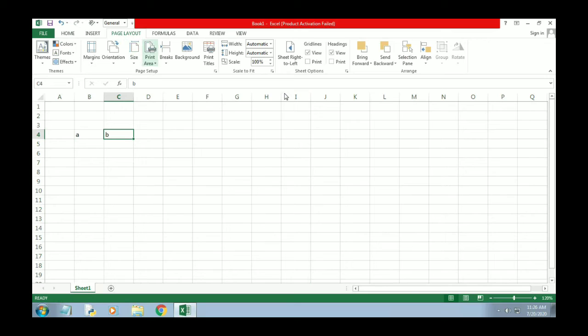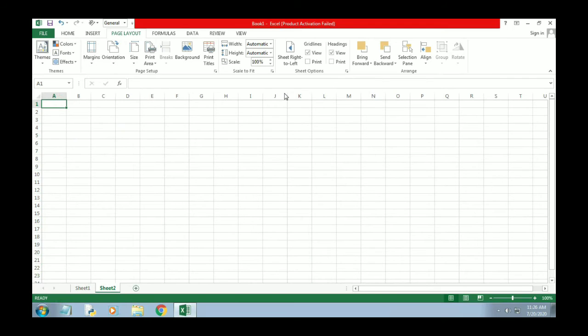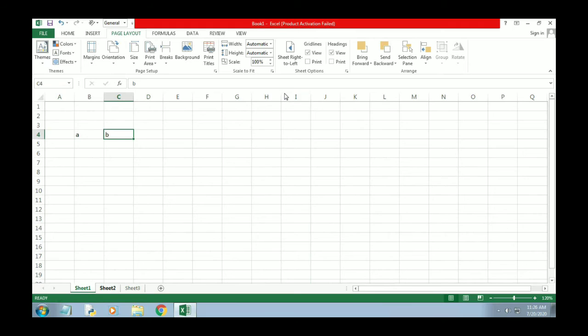Okay, and now we also have the scroll bars and different sheet tabs. Just down in the bottom you can create multiple sheets. These are the sheet tabs, and a specific sheet tab has a specific name.